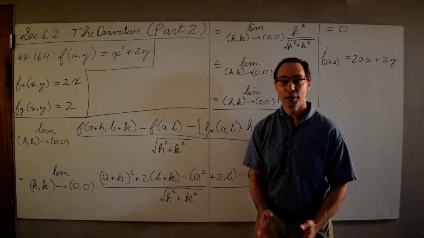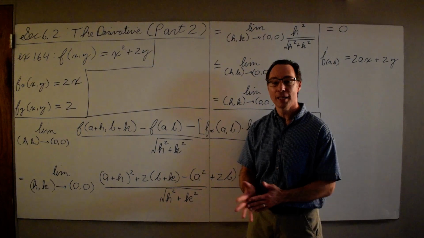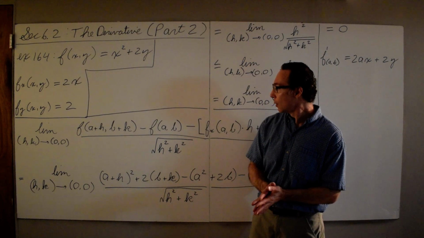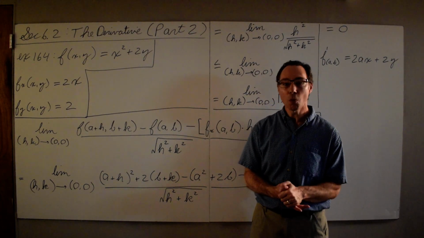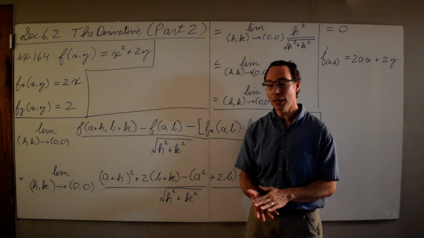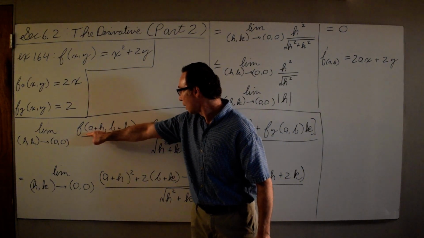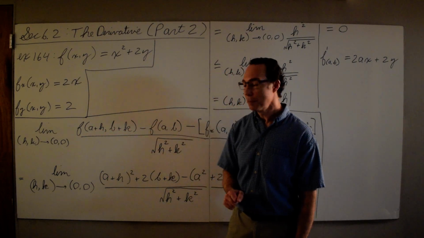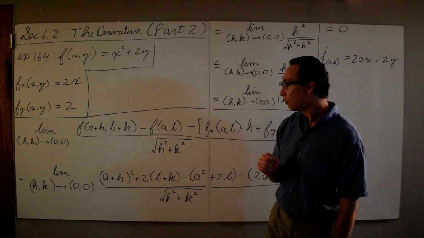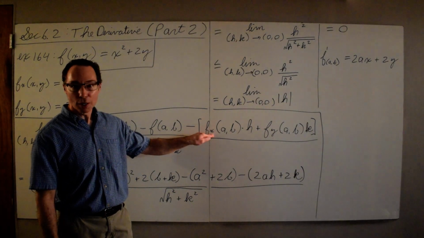So when we looked at the definition in the last video and we had all those x1 through xn, c1 through cn, and h1 through hn, all of those things we only have two of them. And so we're going to call our c1 and c2 simply a and b, and we're going to call our h1 and our h2 simply h and k. And so we're going to look at f of (a plus h, b plus k), minus f of (a,b), because we're going to prove that our function is differentiable at the point (a,b),